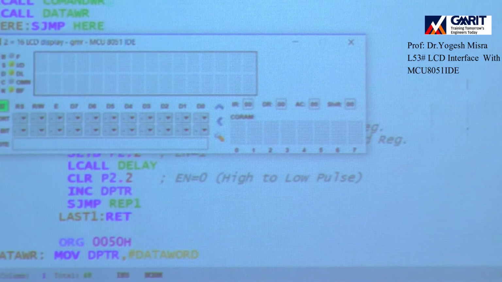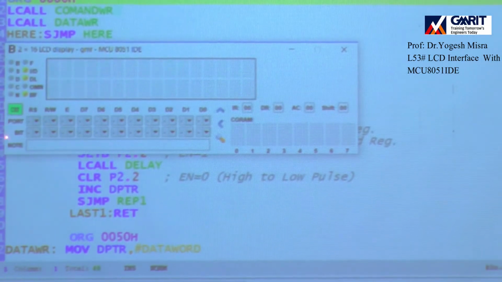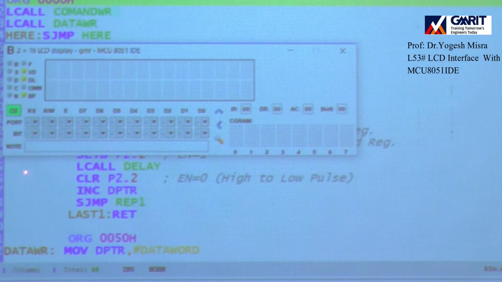Now you see, this is RS, the register select pin of the LCD display. This we have to connect to port 2 pin number 0.